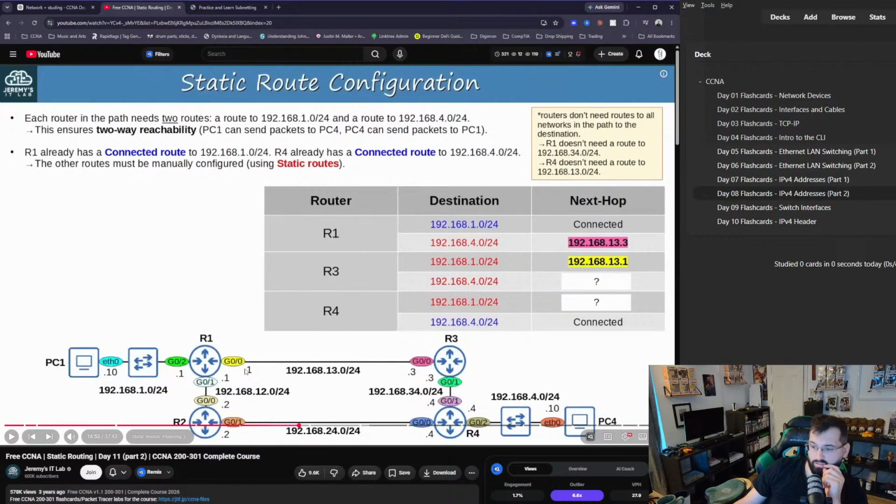So is this 192.168.13.1 and this is 192.168.13.3? I just assumed this entire router was using this, but that doesn't make any sense. These two interfaces have to be on the same subnet. They have to be part of the same network. The router takes care of where it needs to route to. So each interface is on a different